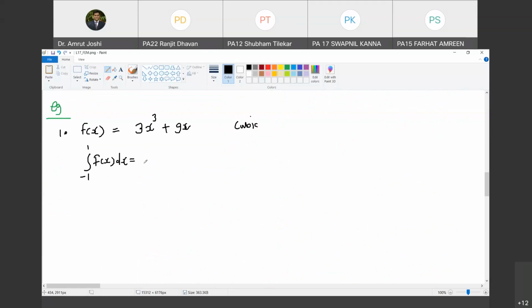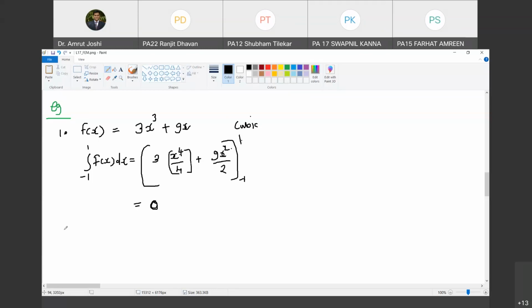Can we do it traditionally? Yes. What is the integration of x cube? जरा बताओ मुझे. x raised to 4 divided by 4, है ना, plus 9x square by 2. And इसमें हमें lower limit और upper limit क्या substitute करना है, -1 and 1. Do you agree with me? Yes, sir. What is the consequence? देखो, both the powers are even powers. So when I substitute 1 or -1, their value is going to remain same, and there is subtraction in between. So this has to be 0. Do you agree with me? 0. Yes, sir.